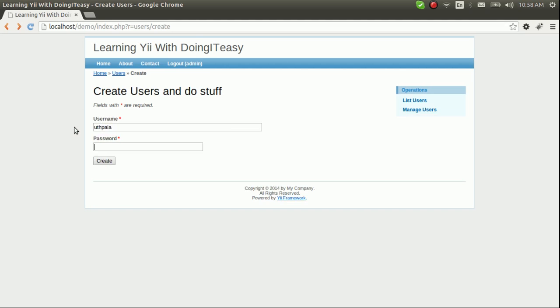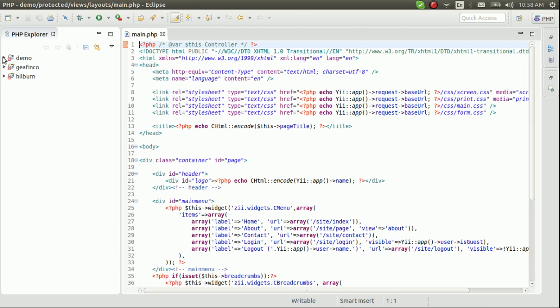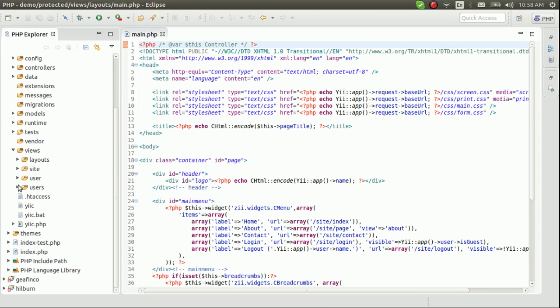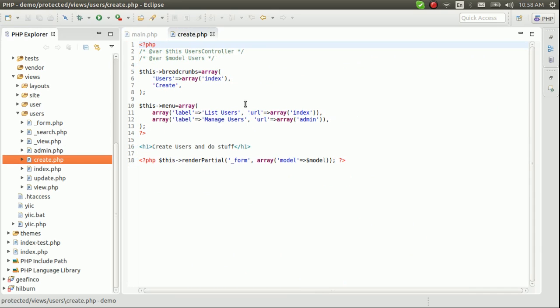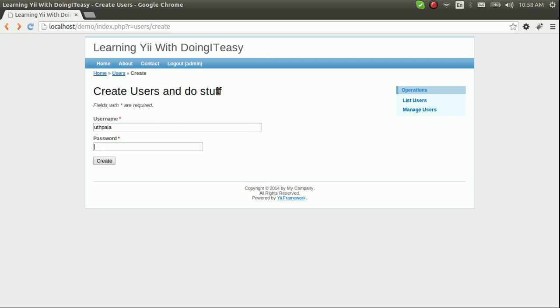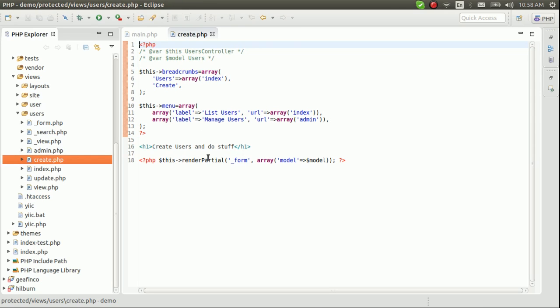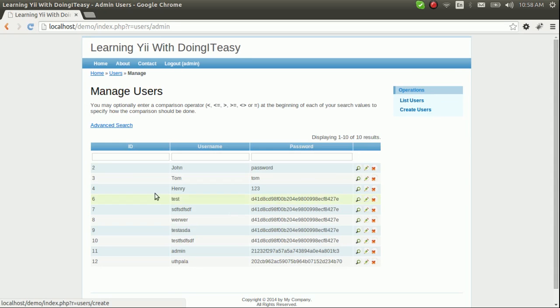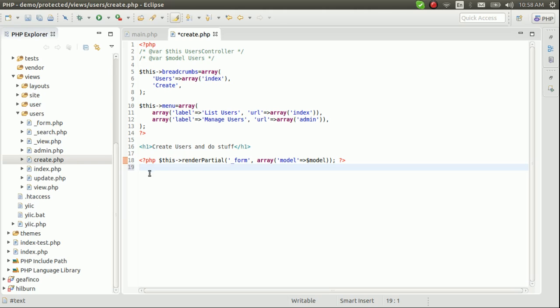Let's get into the demos, protected views, and we are in the users folder, in create.php. Here we render partial this form. After we render partial this form, what we want is a grid view. We can add this grid view to the bottom here. So to call this grid view, all we want to do is